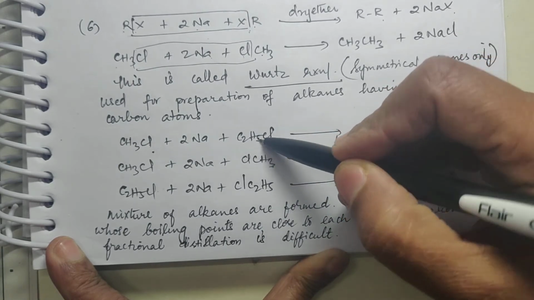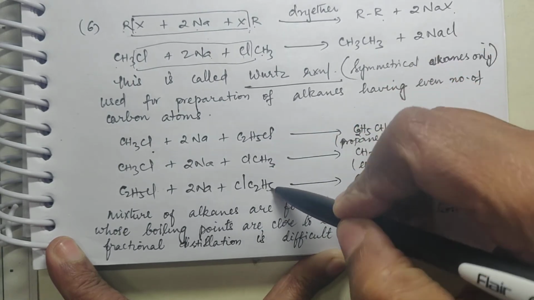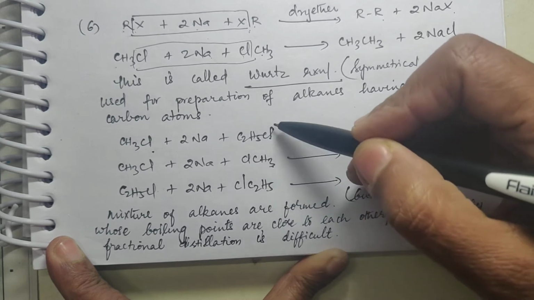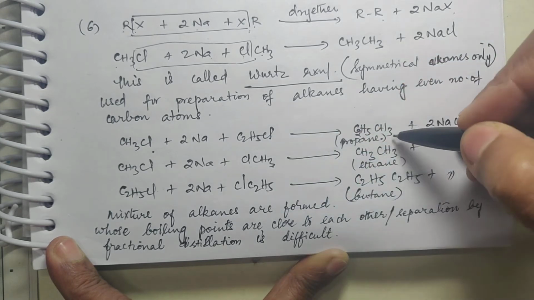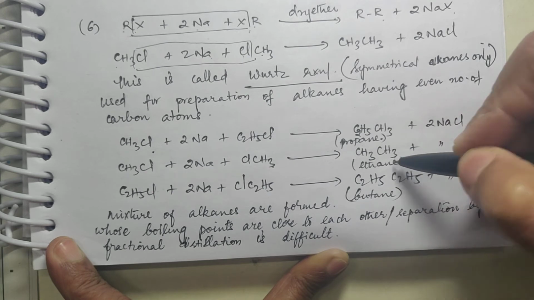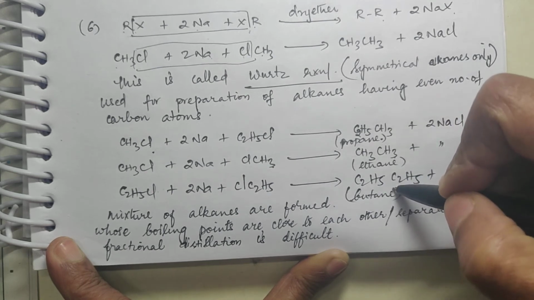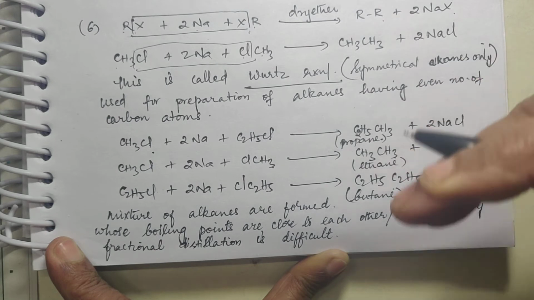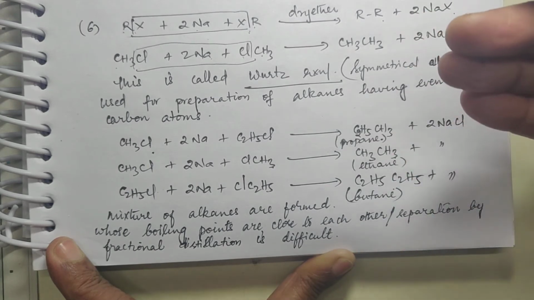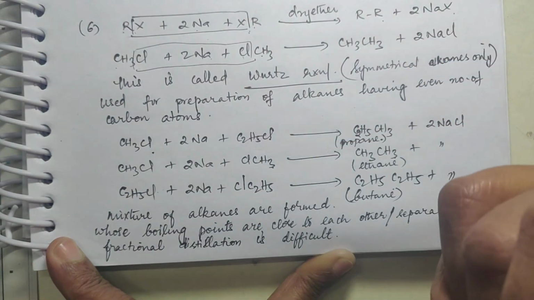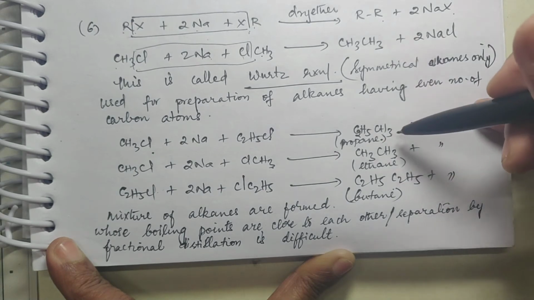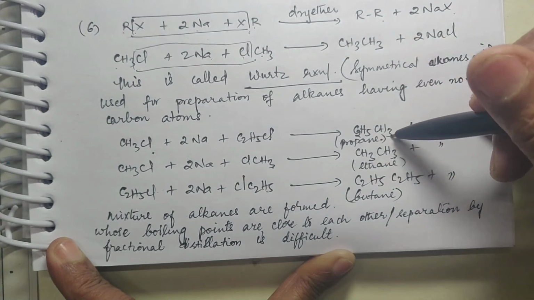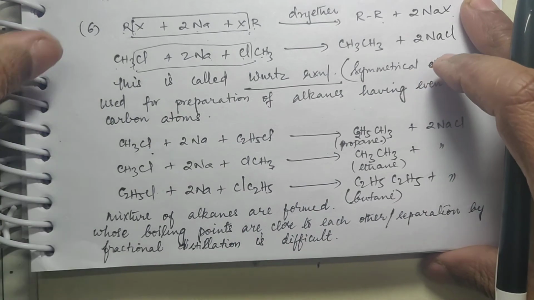Okay. Same way C2H5Cl may come in contact with another C2H5Cl. So in such a case, what will happen? You can get propane, ethane and butane. All three are possible. So you start preparing ethane thinking that I have taken CH3Cl, but you would be getting propane also along with the mixture, and you will also get butane in the mixture.